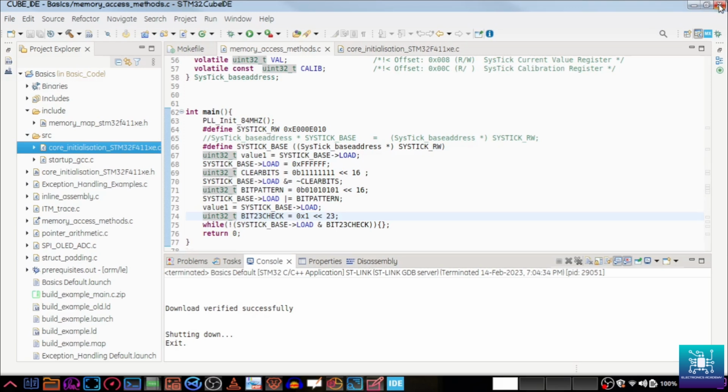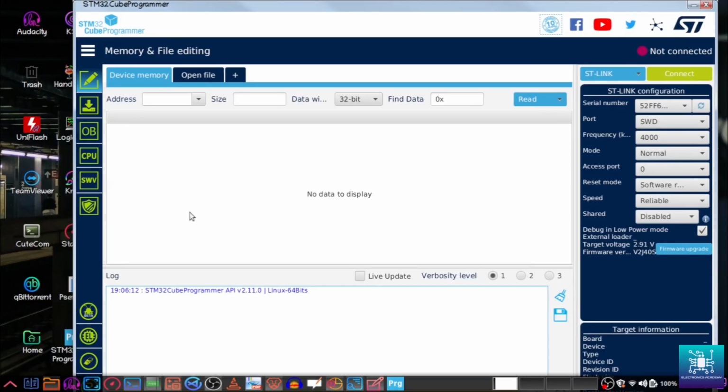So closing this IDE now, and then opening the programmer, STM32 Cube programmer. This one again uses the ST-Link only, and you can actually program through the UART and USB, but we are using the ST-Link debug probe only. That is the onboard debug probe that the discovery board has, and it has got memory and file editing. This is if you want to edit memory and things like that. Now this is in the disconnected state,